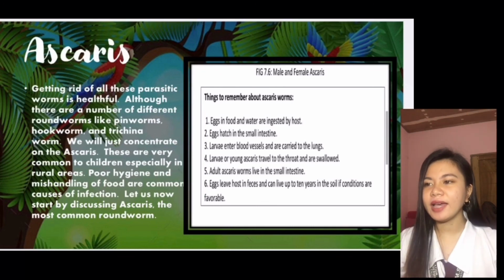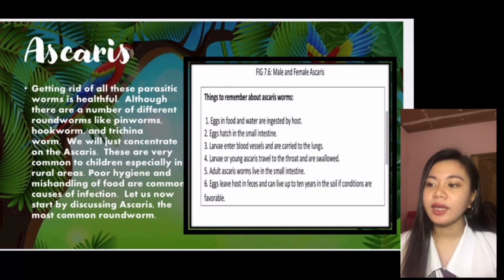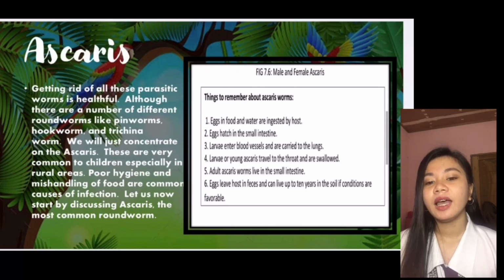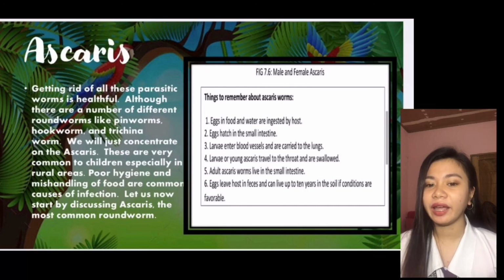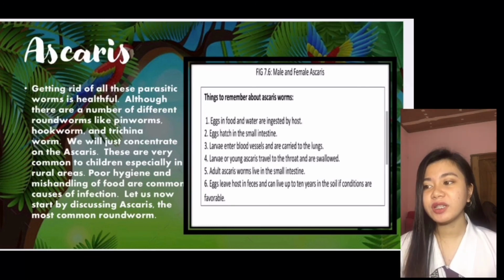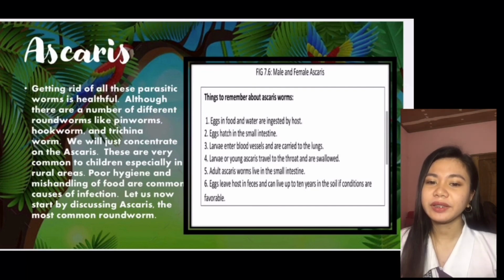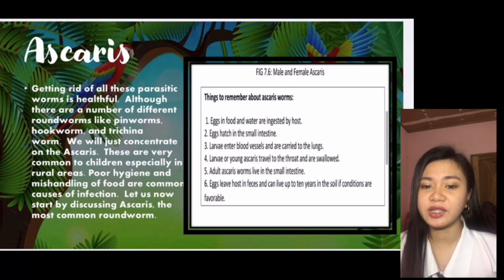So, yun nga, yung ascaris ay isang type of roundworm na nabubuhay sa loob ng katawan natin. And sabi nga dito, ang ascaris daw ay existing sa mga bata sa rural areas na kung saan hindi ganong kalinis yung pamumuhay nila or hindi ganong kaayos yung pagkain nila. Dahil ang ascaris worm ay isang type of worm na tumitira sa pagkain, which is infected sila nung eggs nung bulate na yon. And yun nga, sinasabi na kapag meron tayong poor hygiene, possible merong nag-e-exist na ascaris worms.